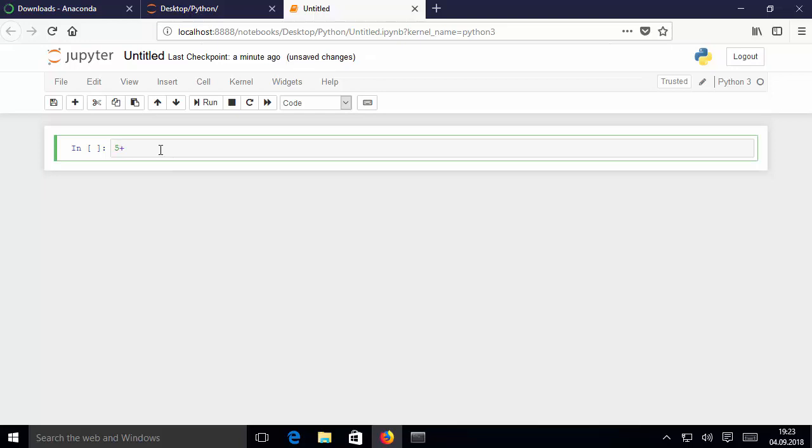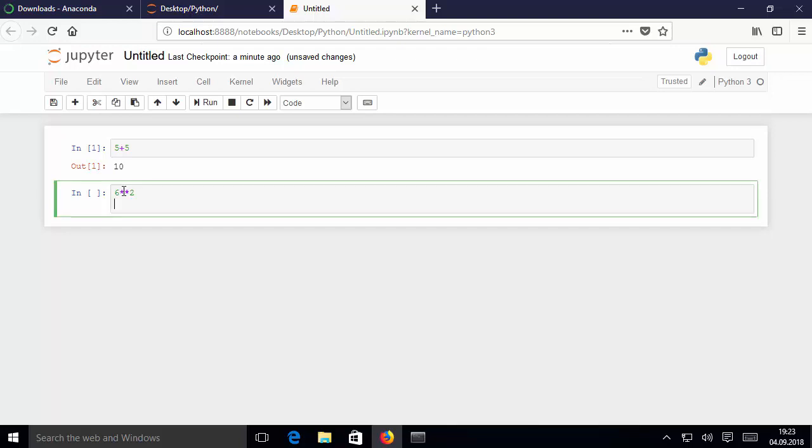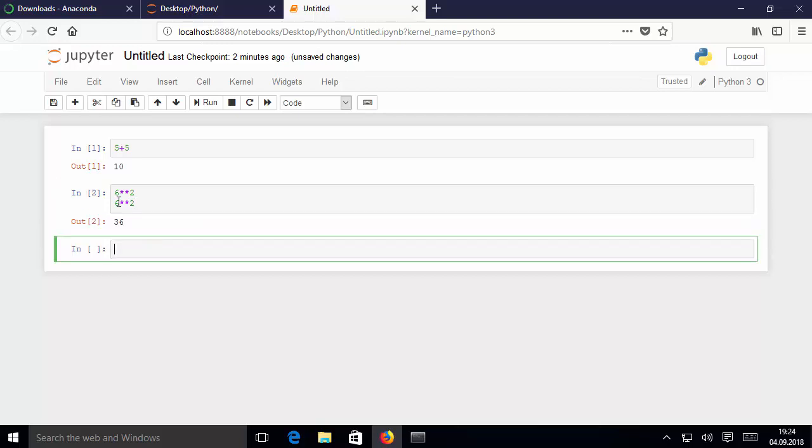So for example, I want to just add 2 numbers. In order to evaluate this command, you need to just press Shift Enter, and this command will be evaluated. Okay, so once again, when I try to do some math here and when I press enter, nothing happens. It will just give you one extra line where you can type once again your code. So once again I'm going to type my Python script, and then once again I'm going to press Shift Enter, and this time it will be evaluated.